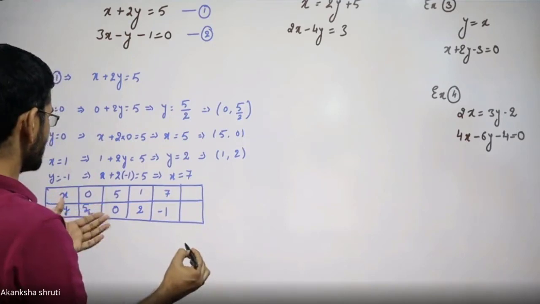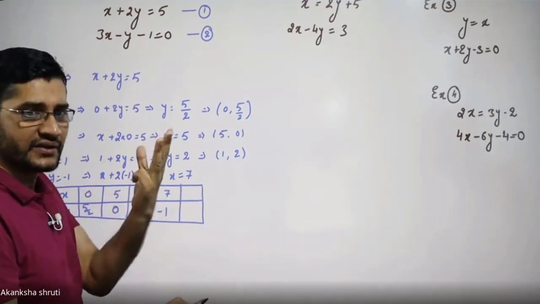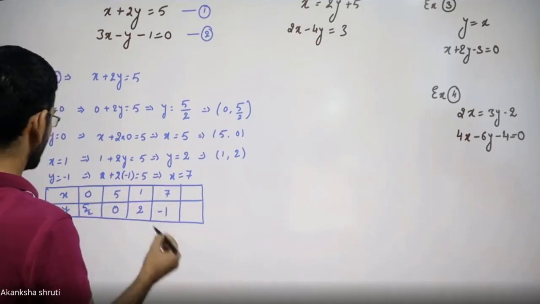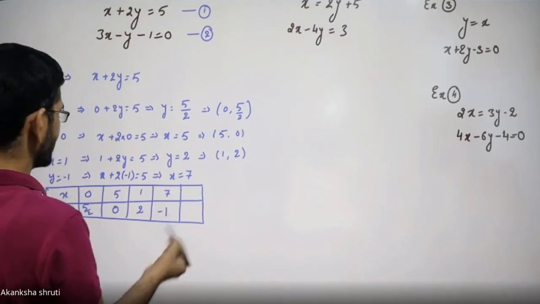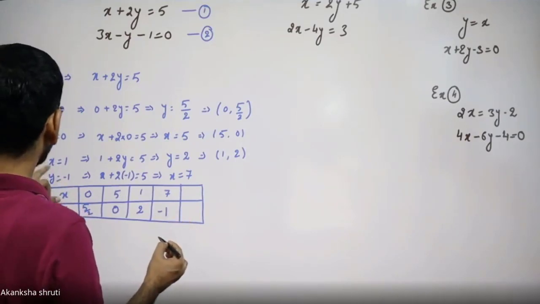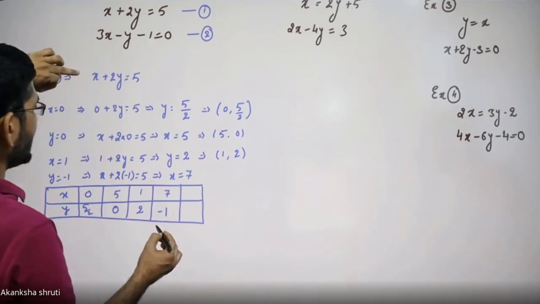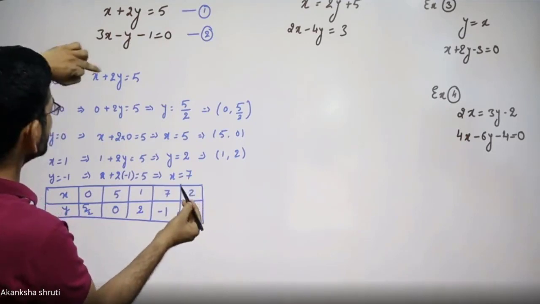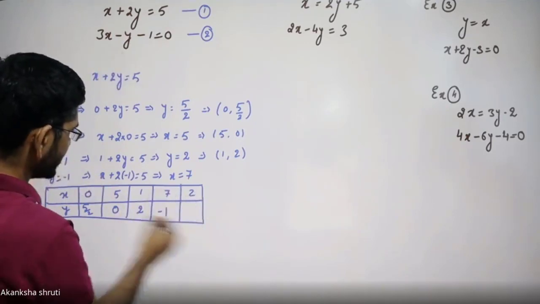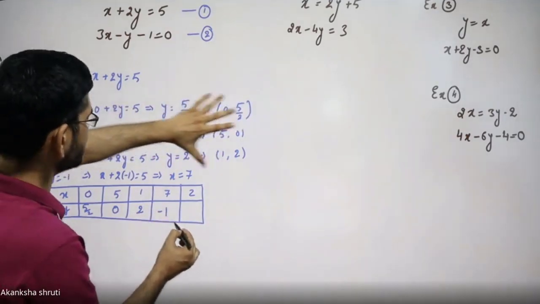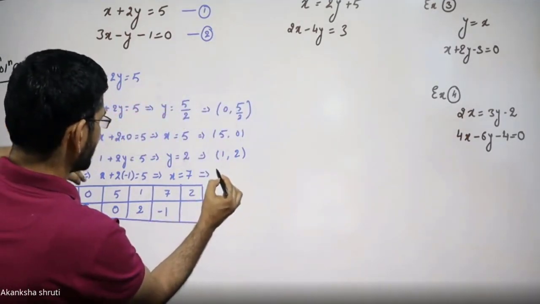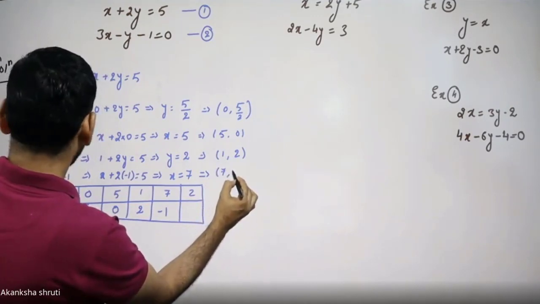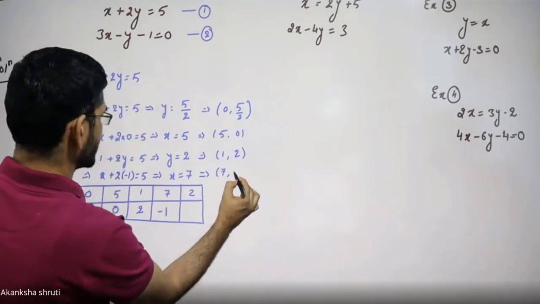Even more you can choose, but choose at least 3. Okay? So 3 is the minimum that you have to ensure. Even we can choose more, but we can leave it up to this much. Or let me take one more. Let us choose x is equal to 2. So it becomes 2. Directly substituting in this equation, we can fill this table. So no need to do this calculation if you are good enough in calculation. But to avoid mistakes, it is advised initially you must frame this table by proper calculation.